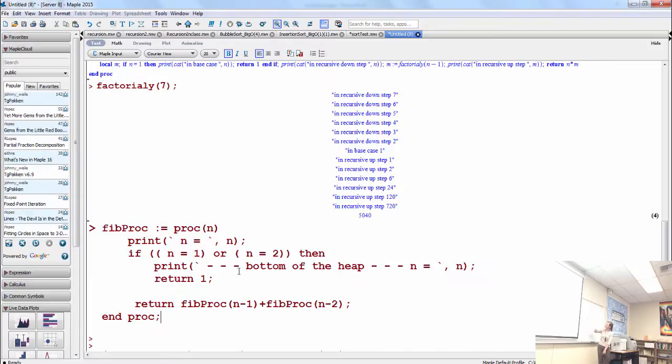Now he's going to call it for 3. 3 is not 1 or 2, so he's going to call it for 3 minus 1 and 3 minus 2.